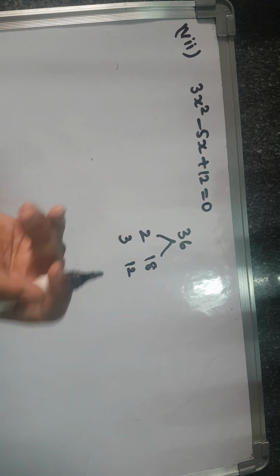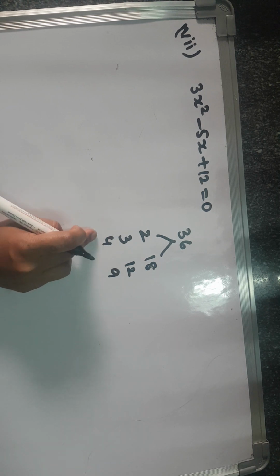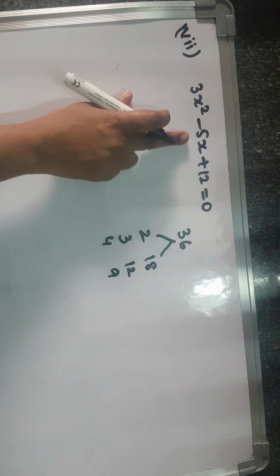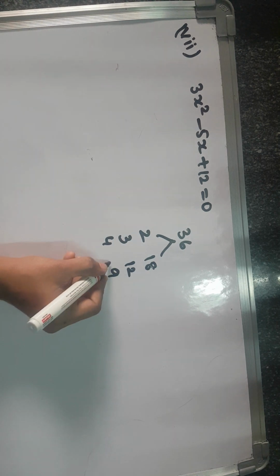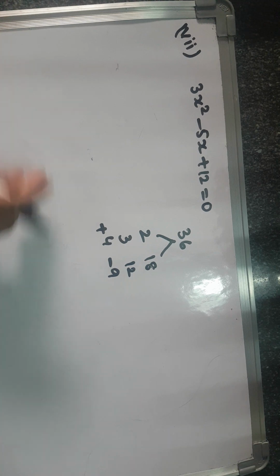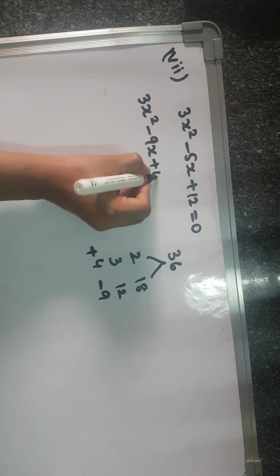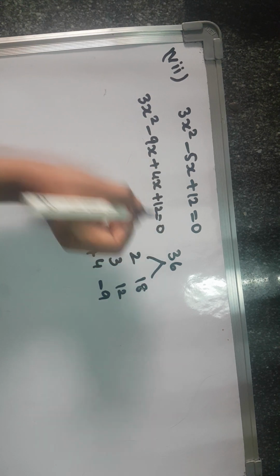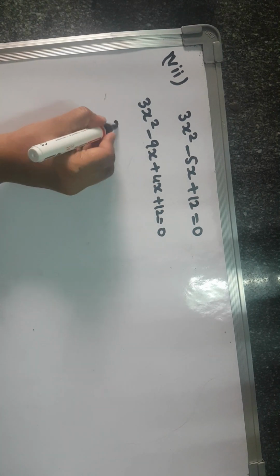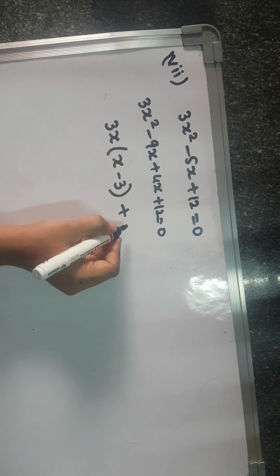Take 4 and 9. When you add 9 plus 4 you get 13, which is not sufficient, but when you subtract 9 minus 4 you get 5. In 5 you have a minus sign, so take minus 9 and plus 4, which gives minus 5. So these are the values that you have. So 3x square minus 9x plus 4x plus 12 equals 0. Now take 3x common here, so x minus 3, and here I am taking